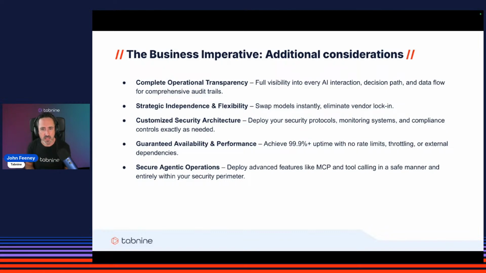Strategic independence and flexibility as well. When you control your AI infrastructure, you're not at the mercy of a provider's roadmap. You're not at the mercy of their pricing changes or even service modifications. And if you want to switch from one model to another because maybe a more capable model has emerged, that then becomes a reasonably trivial thing to do. It's a configuration change rather than, say, a migration away from a vendor. And all of this really translates into negotiating power as well. You're never locked in, right?